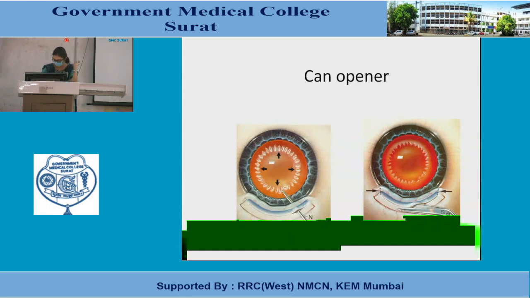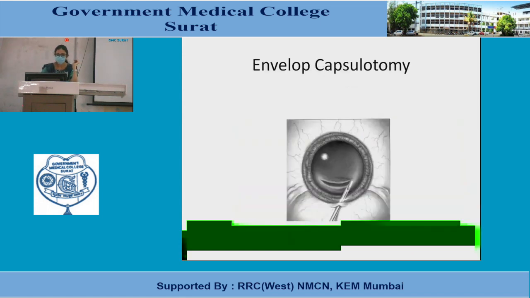Okay. This is an envelope capsulotomy. The only indication when you will do an envelope is when you have a very fragile hypermature variety of cataract, where whatever pressure or nick you try to put, the cataract sinks because there is fluid inside. So there, just an opening sufficient enough that you can remove the nucleus. Later on, you cut the flaps with your scissors and put an IOL. So envelope is done only in cases of hypermature variety of cataract.